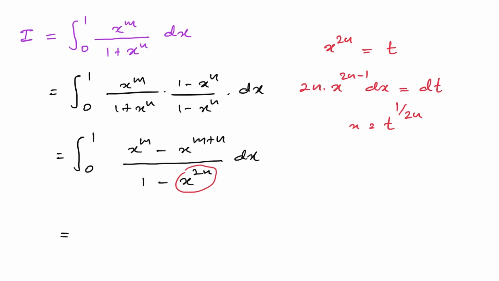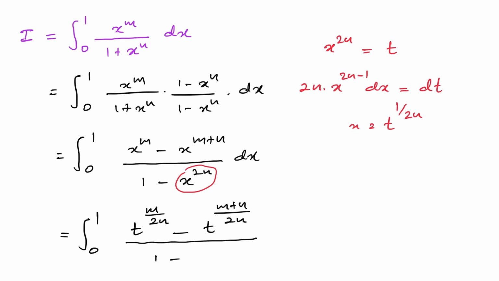Now we have the integral from 0 to 1 of t to the m over 2n minus t to the m plus n over 2n, over 1 minus t, and dx we have dt over